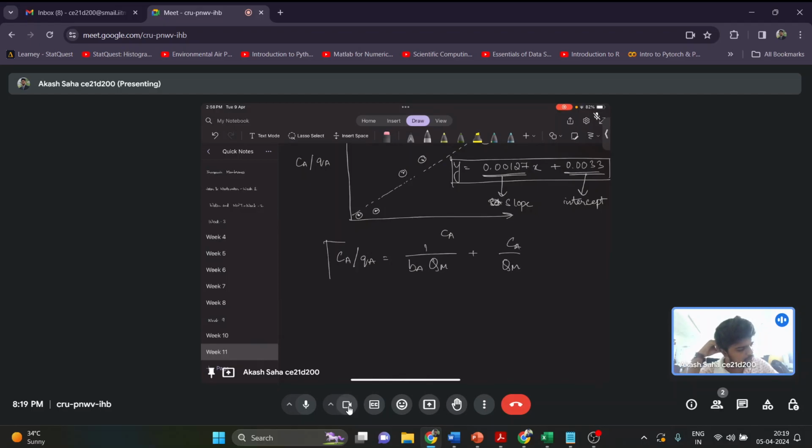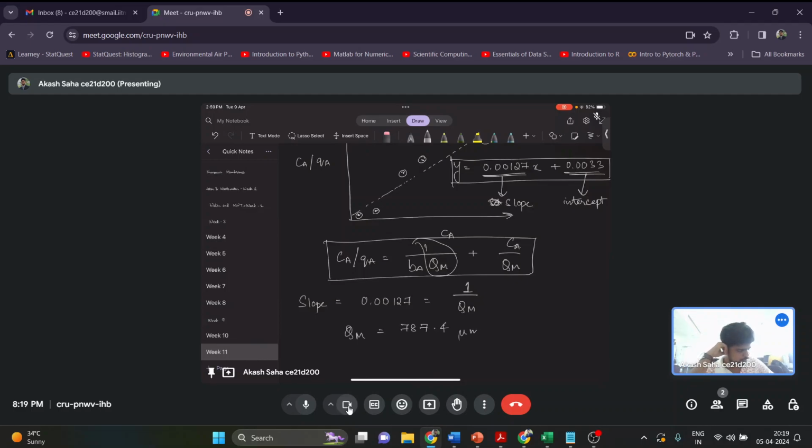This is my general Langmuir isotherm equation. So we know from our equation the slope is 0.00127 and it is equal to 1 by Qm. Here this is the slope. So my Qm value will be